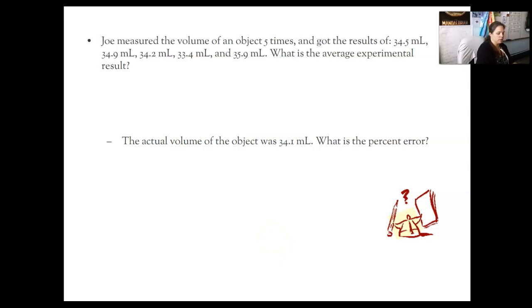Let's read it out and see what it's asking. So Joe measured the volume of an object 5 times. The results of the object are 34.5, 34.9, 34.2, 33.4, 35.9. What is the average experimental result? So what you're going to do is you're going to add all of them up and divide by 5 to get the average. The average, when you add them all up, is